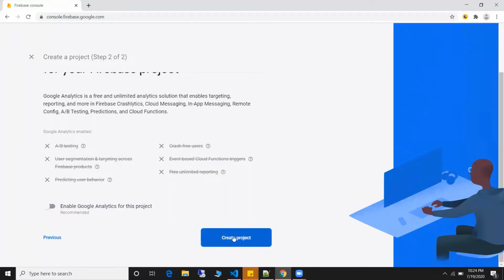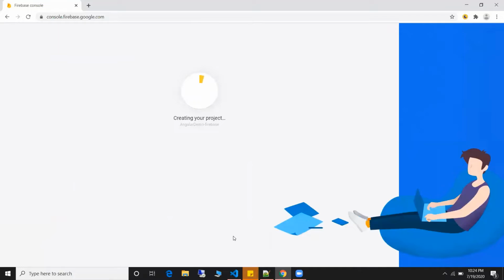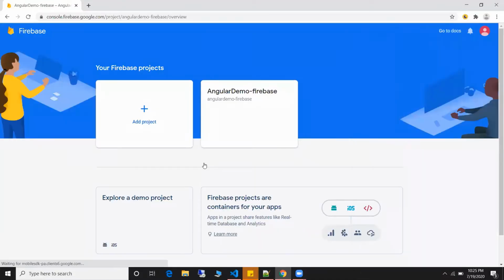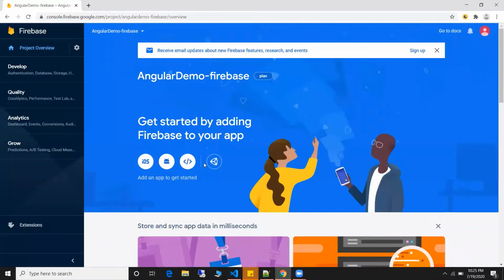Then click on create project. Wait for some time. Great. Now your project is ready. Continue. You can see your project here. Now we have created a project in Firebase.